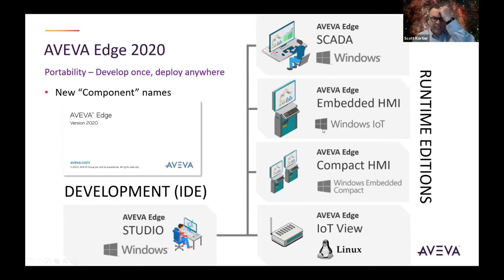Now, here's a scenario. Let's say that you're a machine builder and you want to offer an entry level, your standard level product. Maybe that's on a Windows embedded operating system, and maybe that's on a 12-inch touchscreen. Well, you maybe also want to offer that on a higher horsepower CPU, maybe a 15-inch touchscreen with different features, and then also on Windows CE on an 8-inch panel, but with slightly reduced features. You can develop one project and deploy to all 3 of those different operating systems without having to change that project at all. Sometimes a little bit, but usually no changes whatsoever. But that offers real value.